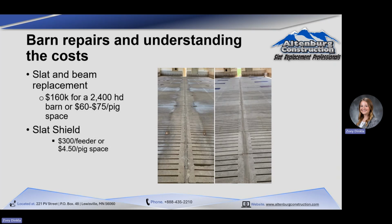Slat and beam replacement, you're looking at $60 to $75 a pig space. A big variable in that is how far you are from the slat manufacturer, because we're talking about lots of semi-loads of really heavy stuff in and out of the site. The other variable is